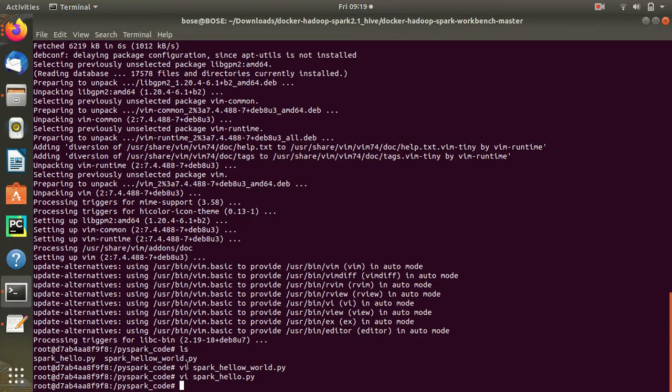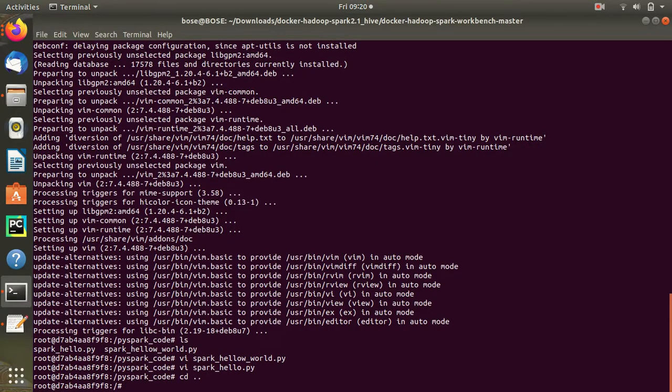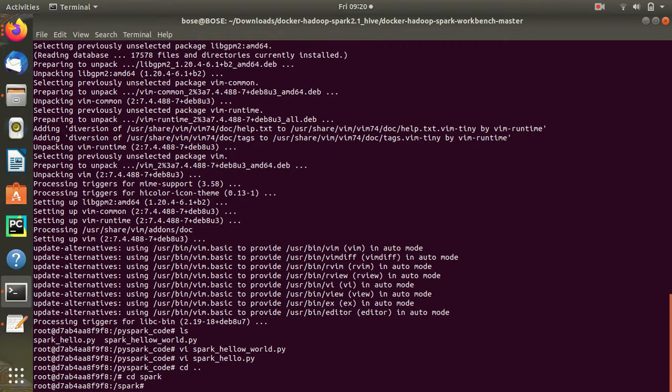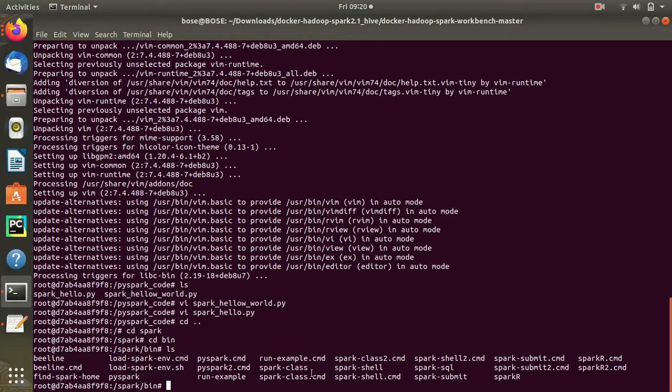So we go to here, we need to now go to the, see, we know where the Spark is, right? In the last session we had seen where the Spark is. So we go there, we do ls, we find, see here there will be Spark submit. See, Spark submit is here. So now what we do is we copy paste it. See, this is the command. Hopefully this is the IP address now also.